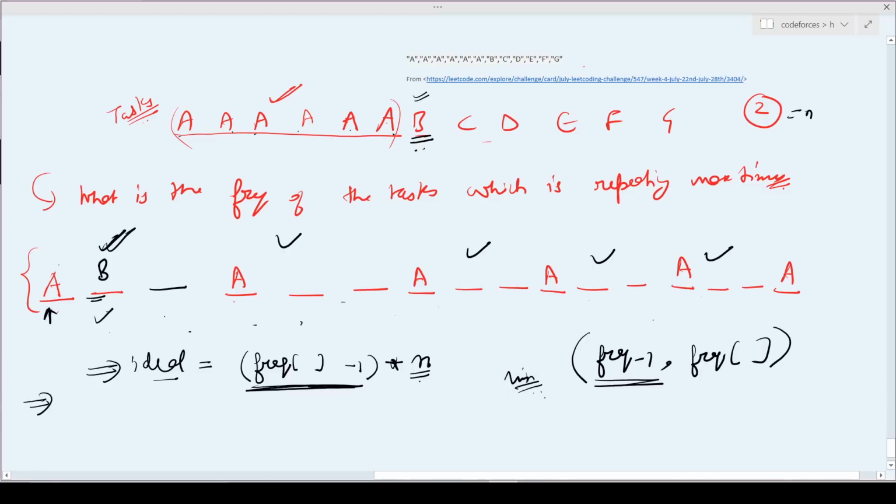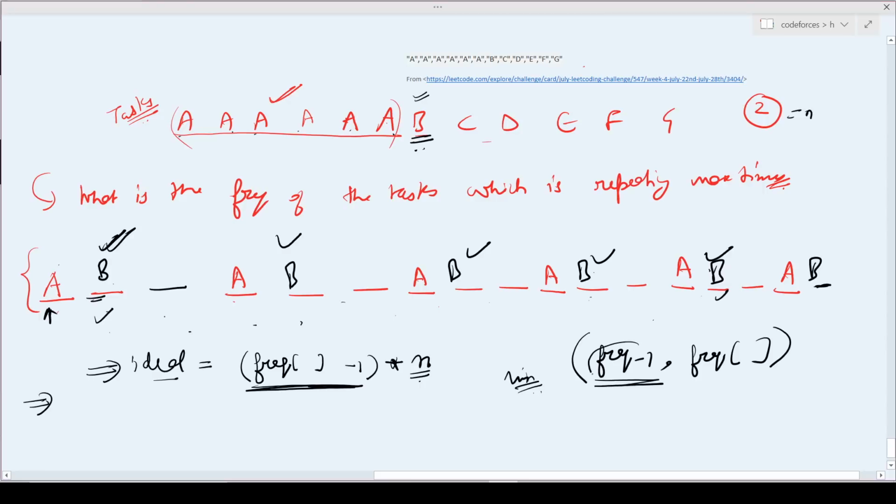Now, why minimum? Because it might happen that I have this frequency B and B and B and B and B. So I might fill all these B's here. Now it might also happen that I have a B again here, right? Although I am placing my B here, actually I am utilizing only 5 ideals.